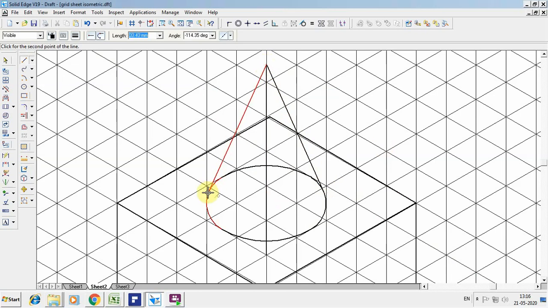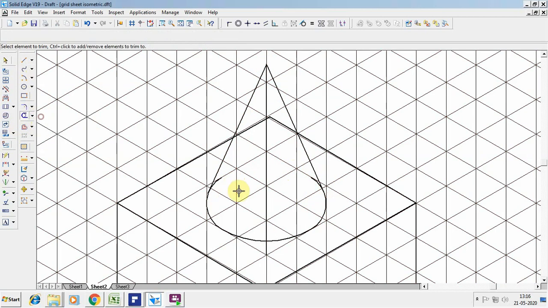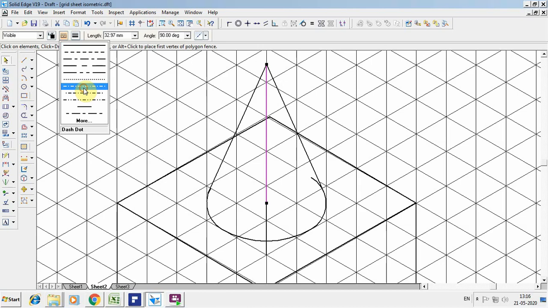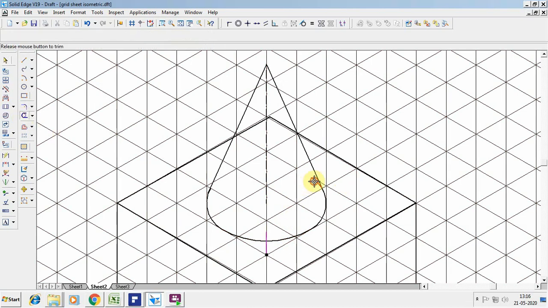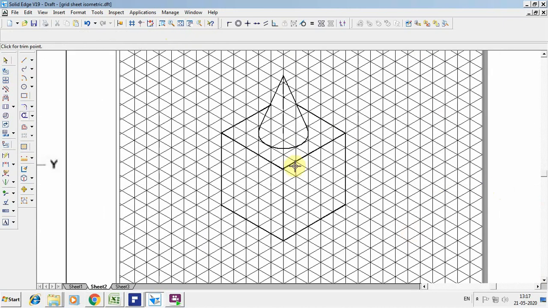Again from here you can click on the line. So once you have done this, the cone is visible. So this part will be invisible, so that you can erase it off. And this too will be the axes. So this I want to go for axis. This is the axis line. This is the construction line which I have taken. Trim off this line, and this I want to trim off. So that will be the solution for the given problem if you are doing it in your sketchbook.